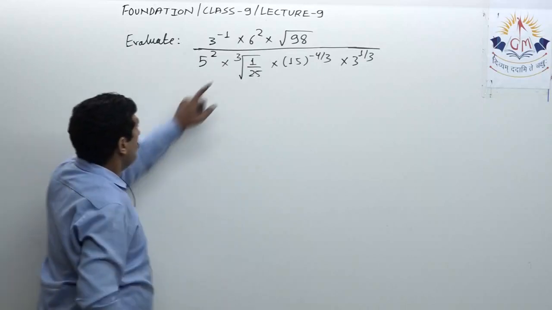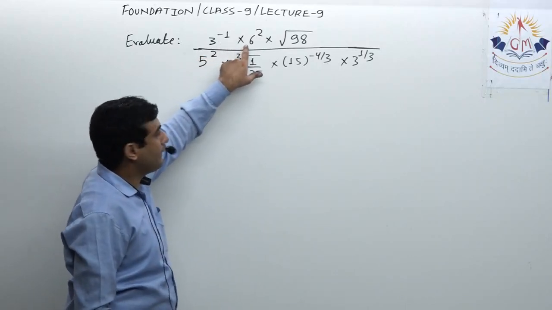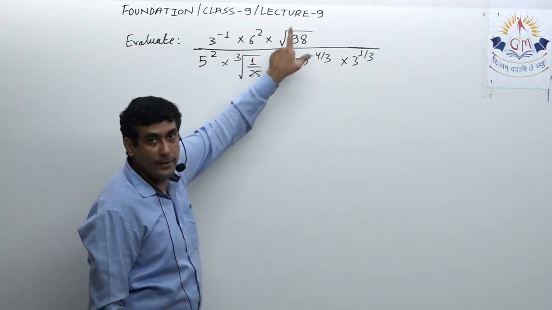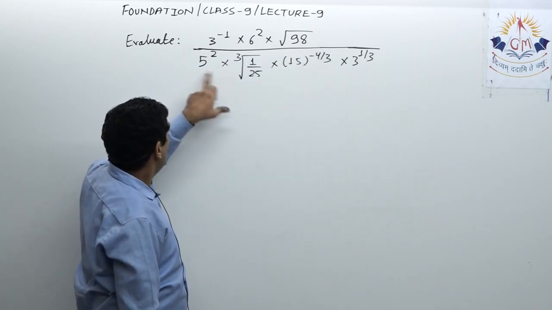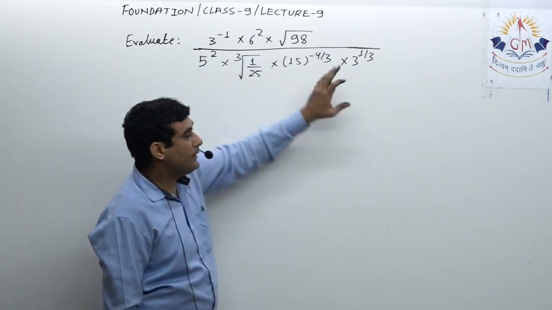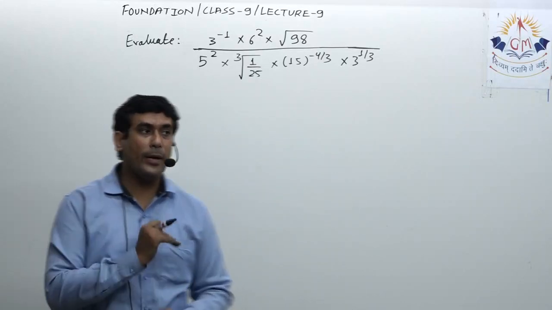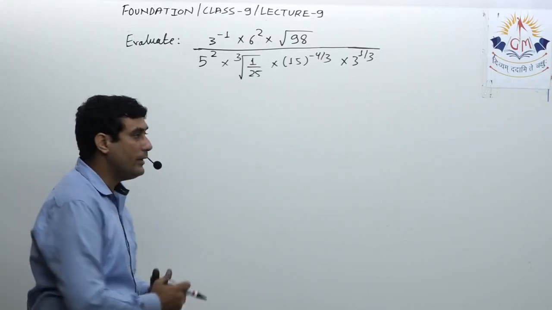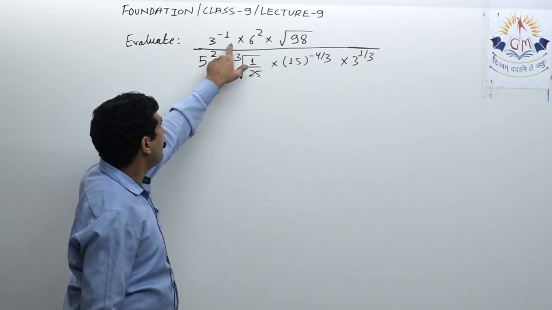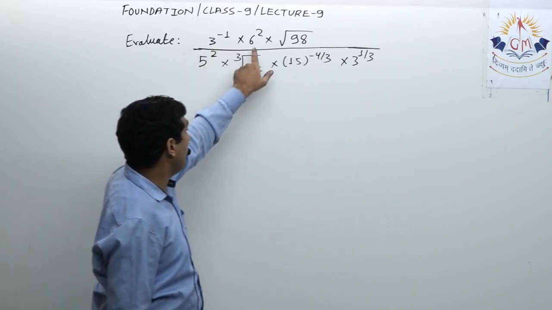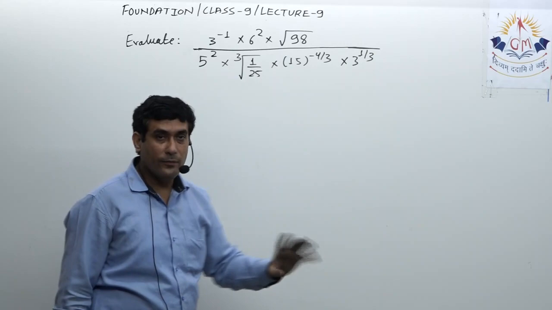See, again over here it is 3, here I can write 3 into 2. Root 98 I can simplify further. Here it is 5, 3, 5. That means ultimately what I have to do, I have to find the powers of the prime numbers from the numerator as well as denominator. If the number is only prime, let it be like that only. If the number is not prime, simplify it.